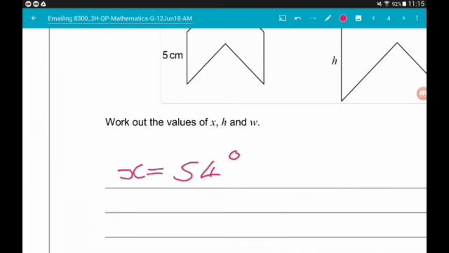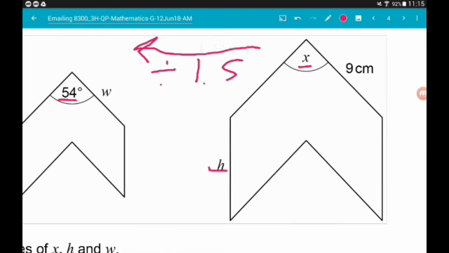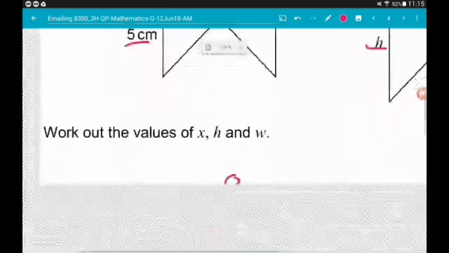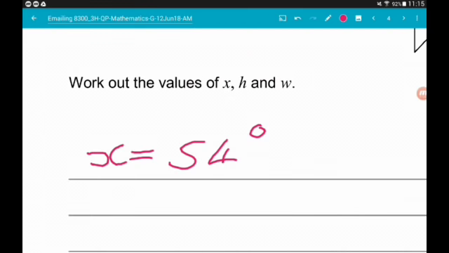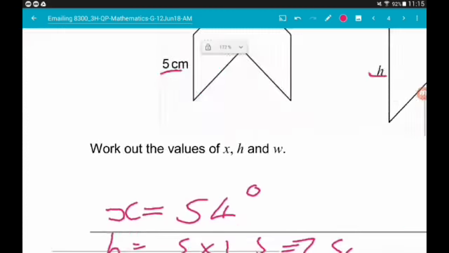Okay, now h is this guy here. On shape A, that length is 5, so h is going to be 5 times the scale factor, so 1.5, and that's going to give us 7.5 centimetres,